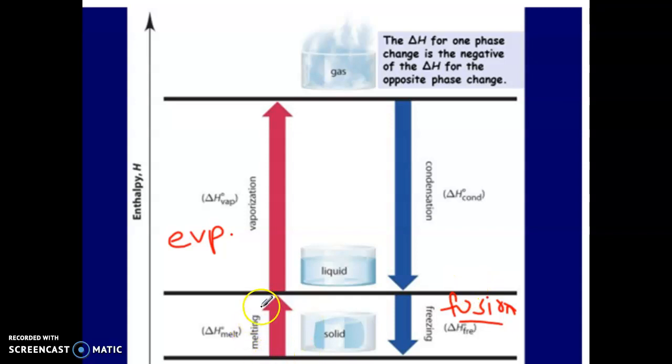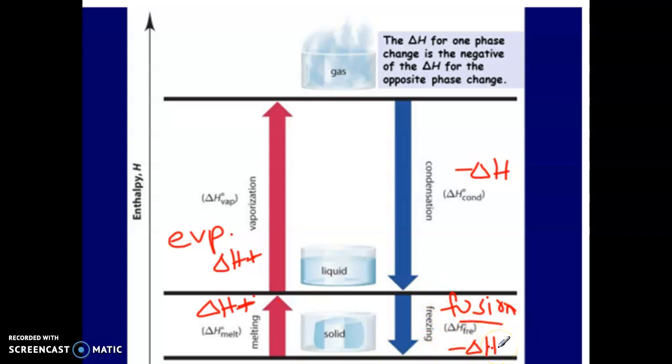I want you to notice the change in enthalpy. When you are melting or vaporizing, the delta H values are positive. Notice the arrow is going up. Here's where we started, here's our final. Energy had to go in. If you're going the opposite, you have negative delta H values. Here's the initial, here's the final. Energy had to come out in order for it to go from a gas to a liquid. In order for a liquid to become a solid, energy had to come out of the system